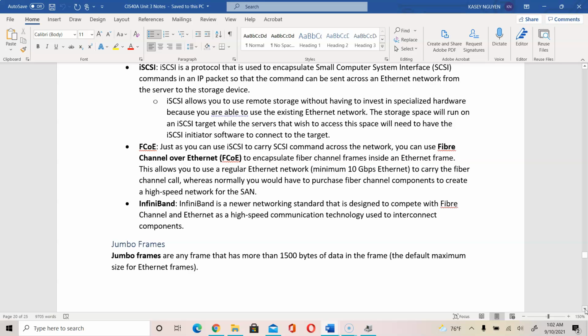FCoE, you can use iSCSI, and it used Fibre Channel over Ethernet, very similar to Power over Ethernet. We would have Fibre Channel over Ethernet. This will allow your regular network connection to carry the Fibre Channel. InfiniBand, this is a newer type of standard which uses Fibre Channel and Ethernet on high speed, using technology